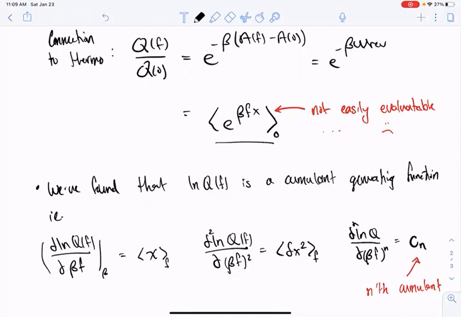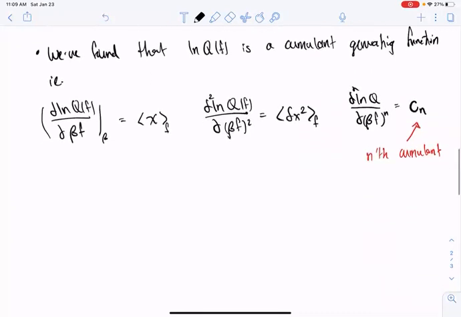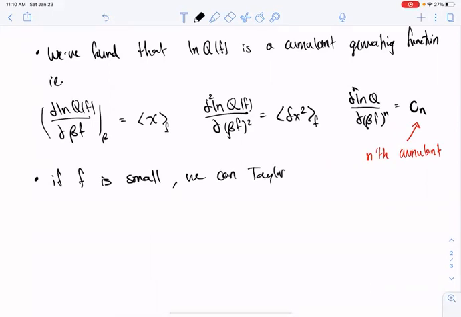So we don't look too far away from a reference system for which we imagine we have lots of information. So specifically, if F is small, more on what small means in a second, we can Taylor expand